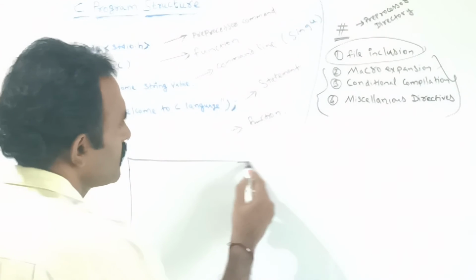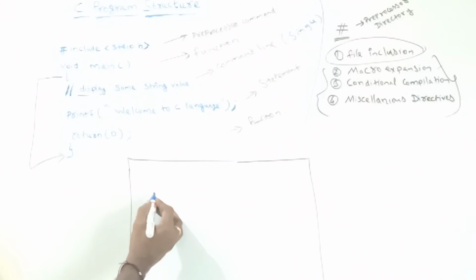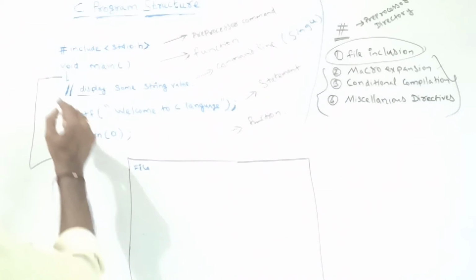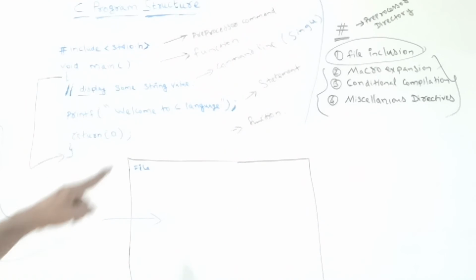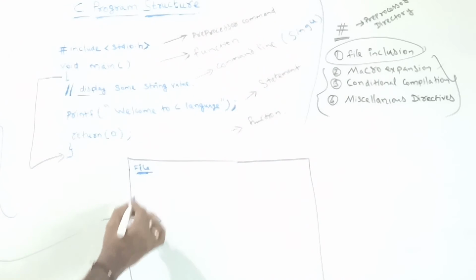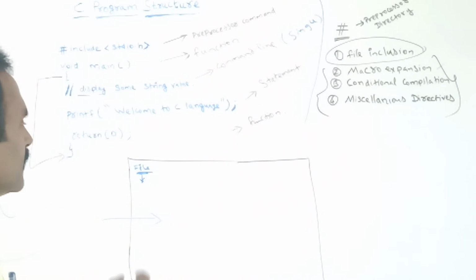Let us keep it as editor. If you are writing this source code inside this file editor, that is the C editor, after completing the program we should save the program. For saving the program, go to the File menu, a pop-up box will be displayed. In that pop-up box you select Save.